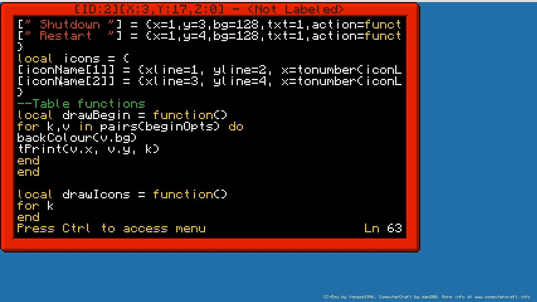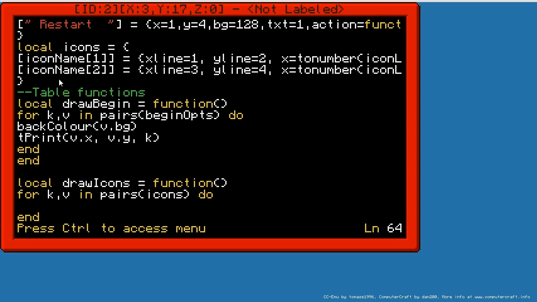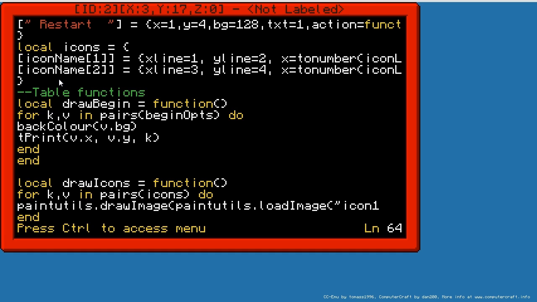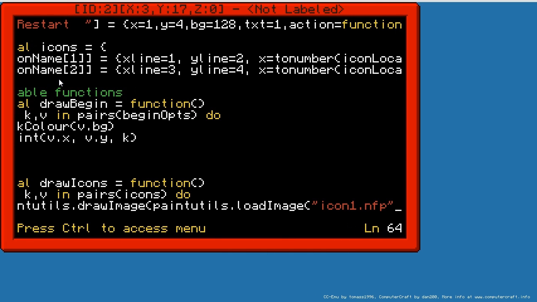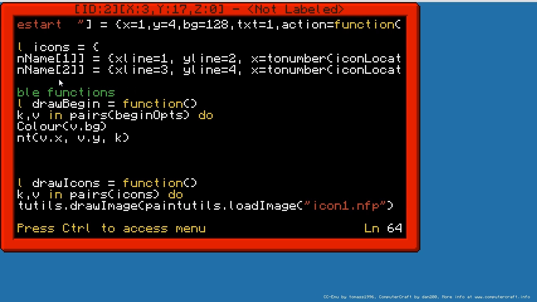So for kv in pairs icons do end, but instead of back color we're just going to go paint utils dot draw image, paint utils dot load image. I'm just going to go with icon1 dot nfp because we haven't set a variable in any of the configurations to pull up the actual names yet. So icon1 dot nfp,